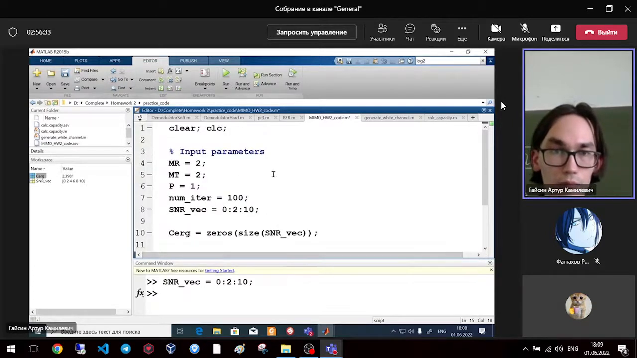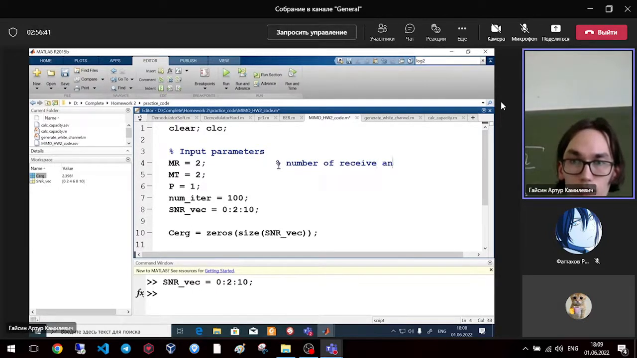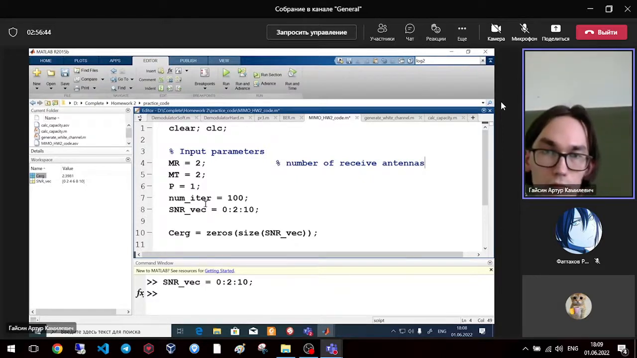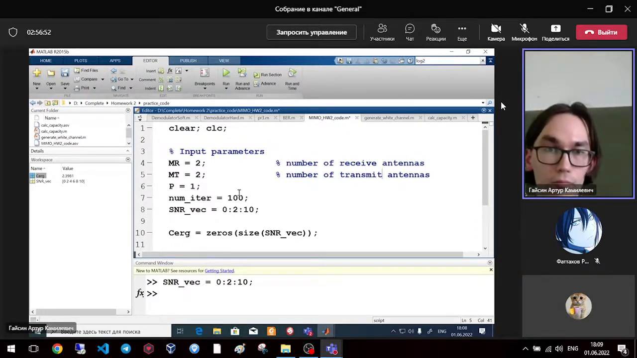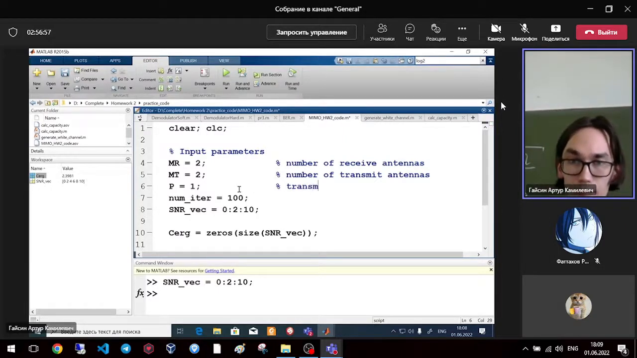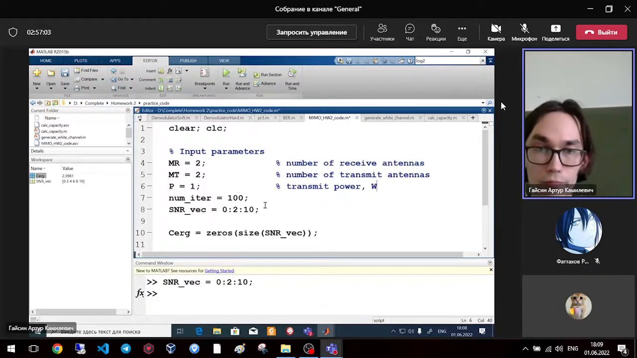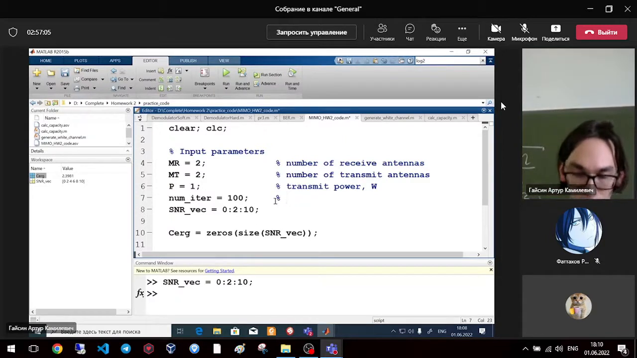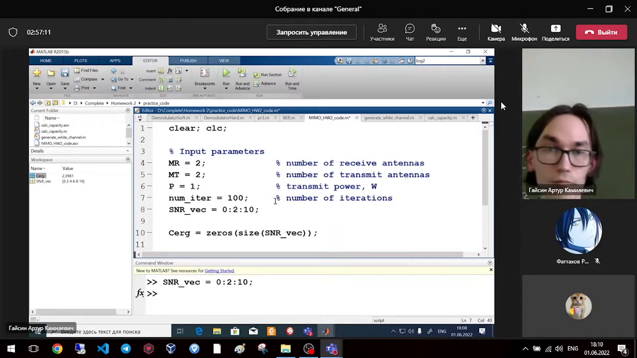Let's add maybe some information here. This one is number of receive antennas. This one is number of transmit. The transmit power. This one, number of iterations. And here,